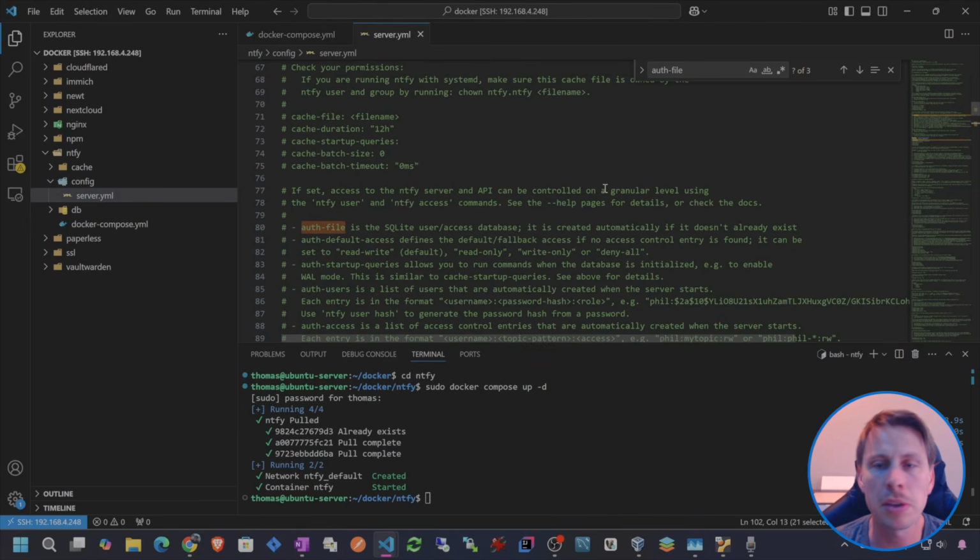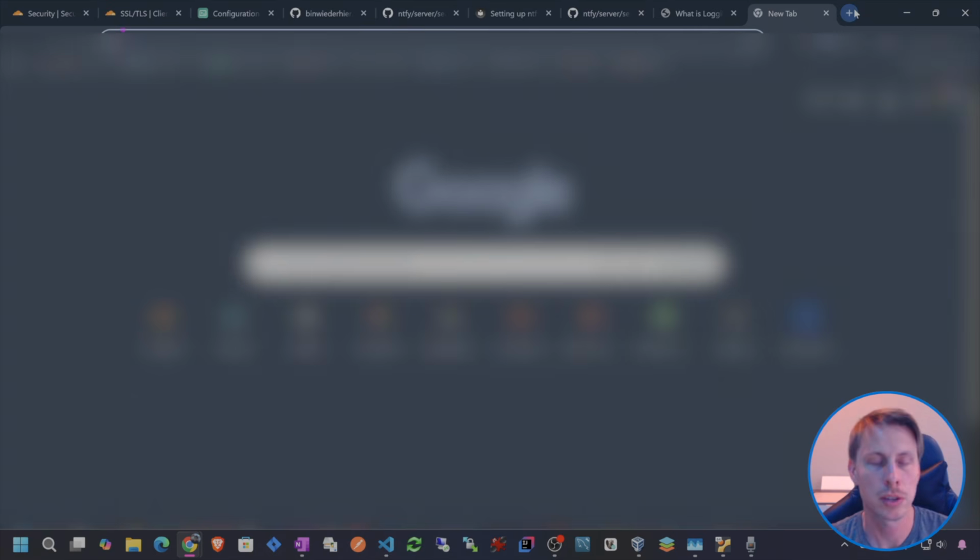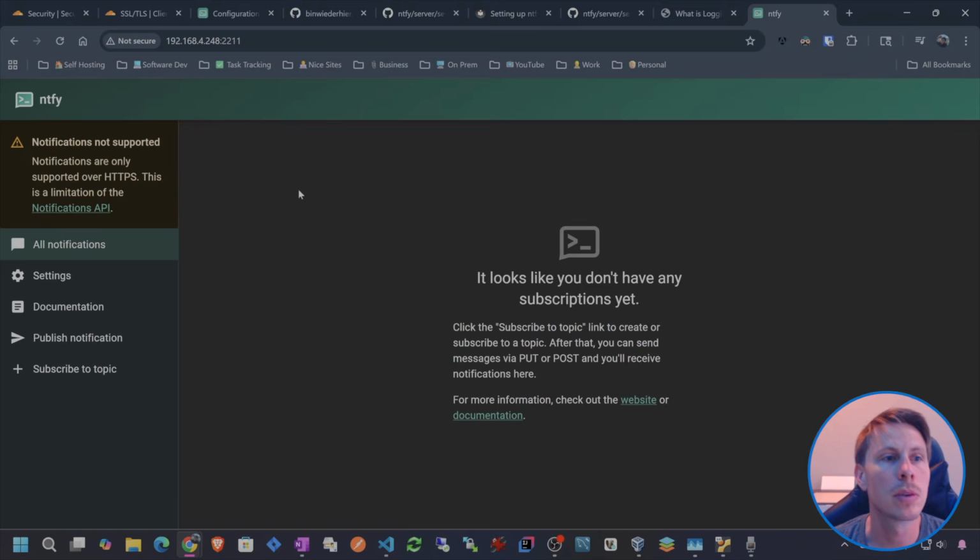And the only thing I didn't really mention that I probably should have is the base URL setting. So this setting is just out of curiosity. Let's see if we can access it. And it says notifications not supported. Notifications are only supported over HTTPS. That's a limitation of the notifications API. So I think we do want to make sure that we are using the base URL and our own DNS